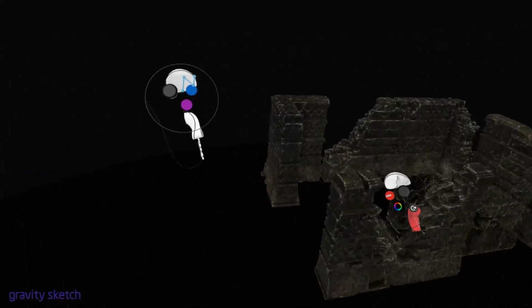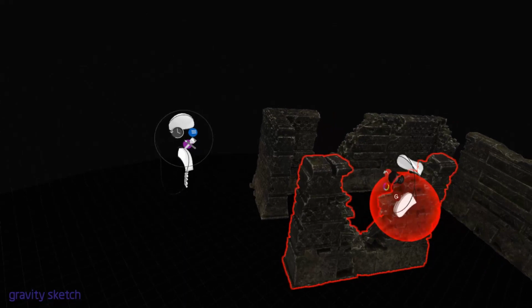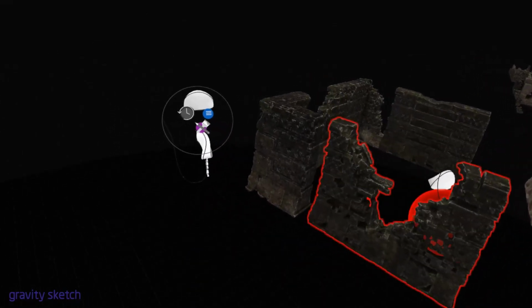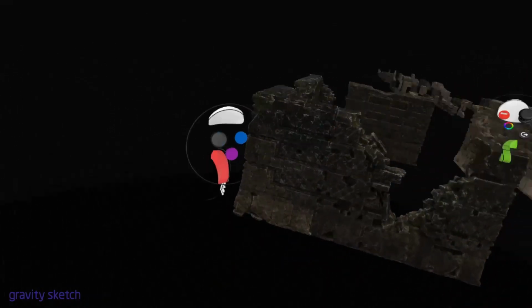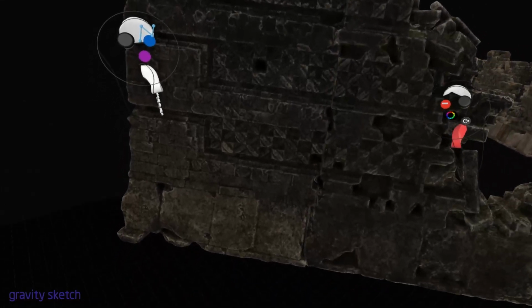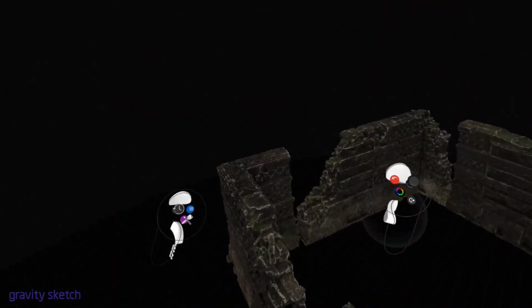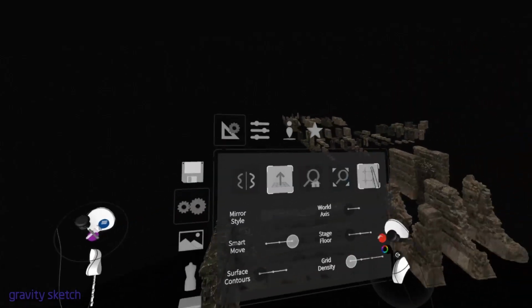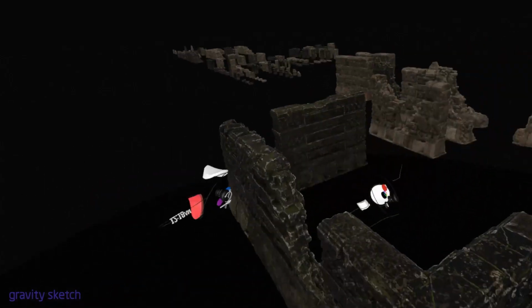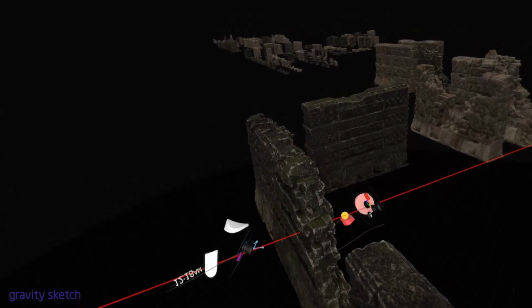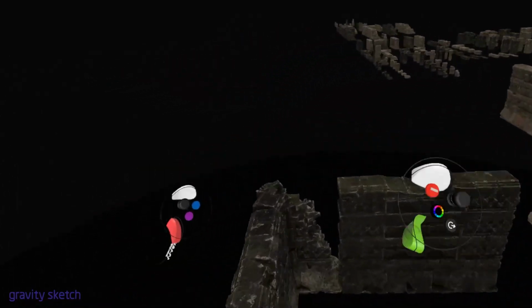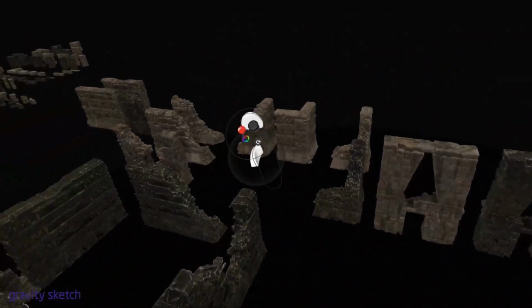Okay, maybe this part here. Yeah, and let's just copy, turn off grid mode, copy this part here,